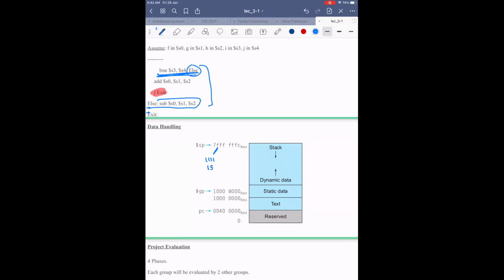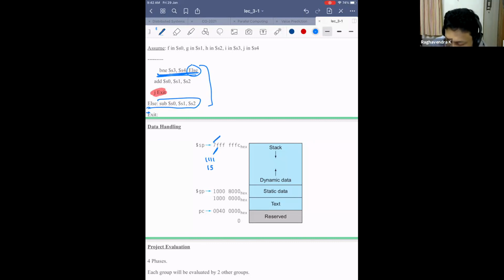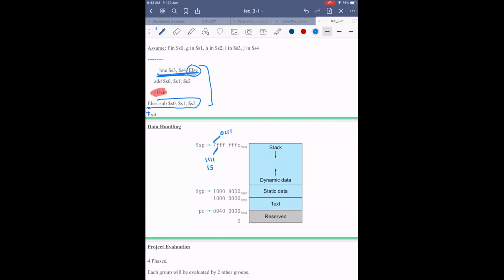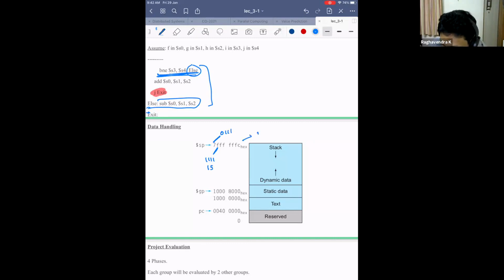Is this okay? Yes, sir. Right, so there are 4 bits in each of these. If I have to convert this, what is the value in binary? 0, 1, 1, 1, right? So there are 4 bits each, so there are 32 bits. Now, why am I using 32 bits? Why am I not using 16 bits or 64 bits?